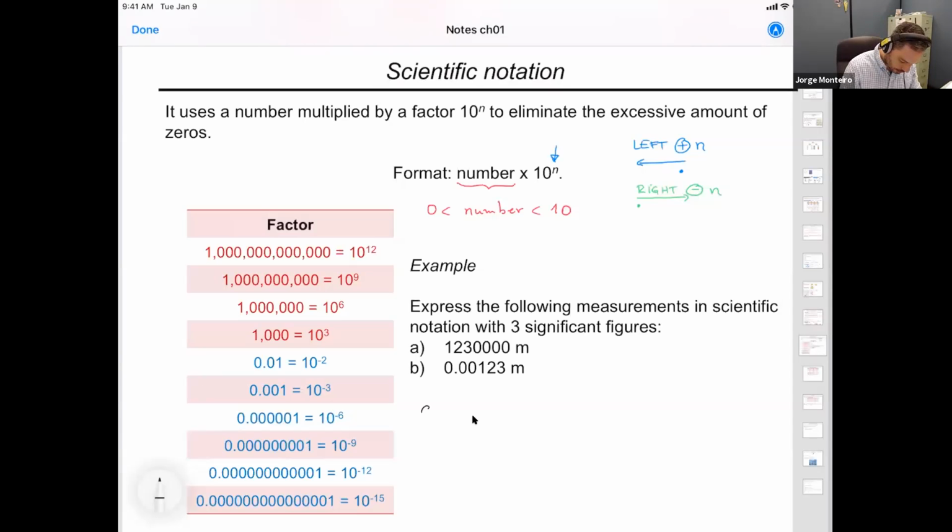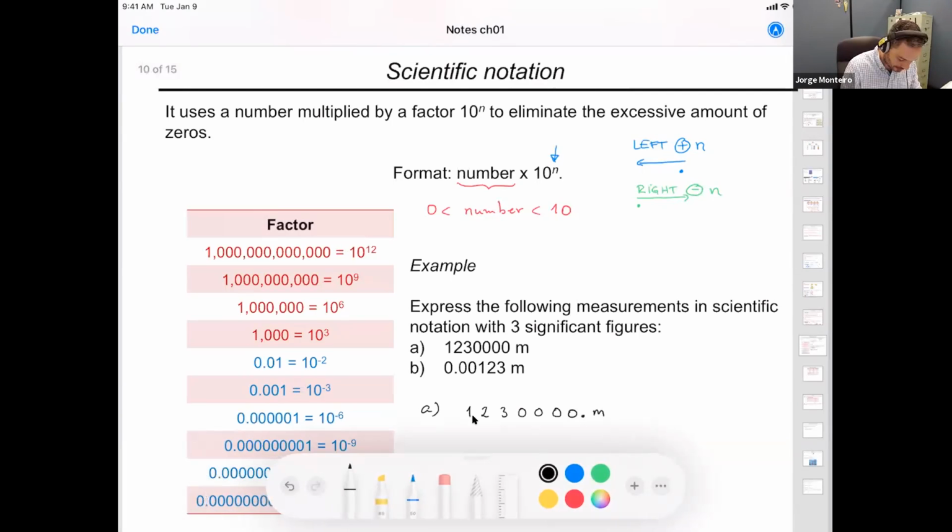Okay, very good. So let's work together in the first example, and then I will give you a minute to work in the second example. So first example, we have the number 1, 2, 3, followed by 4 zeros, and the unit here is meters. And I want you to express this number in scientific notation with 3 sig figs, okay? So scientific notation here will be a better way to write this number to eliminate the excessive amount of zeros that you have. All right, so the decimal point's not being shown here, but you know that it is at the